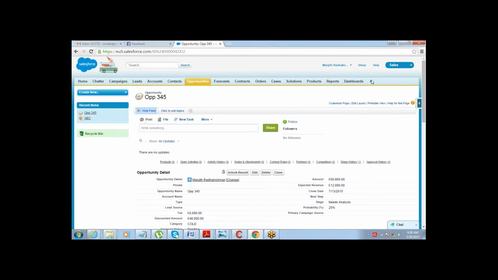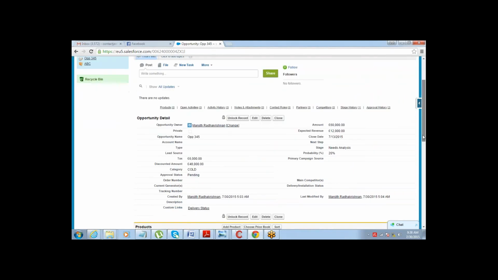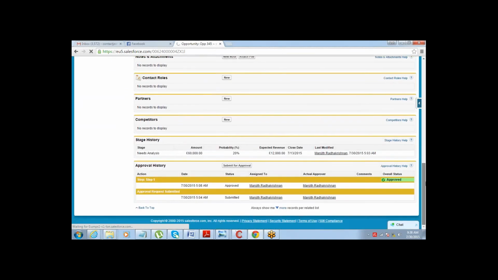Okay, all right, so now we are on my screen, and if I refresh this record, earlier it was pending, right, when I submitted it for approval. Now if you refresh this record, by now it has changed into an approved record because the approver approved it. Got it? You can also scroll down in the history to check. Initially it was submitted for approval at 5:04 a.m. and then at 5:08 a.m. it was approved.